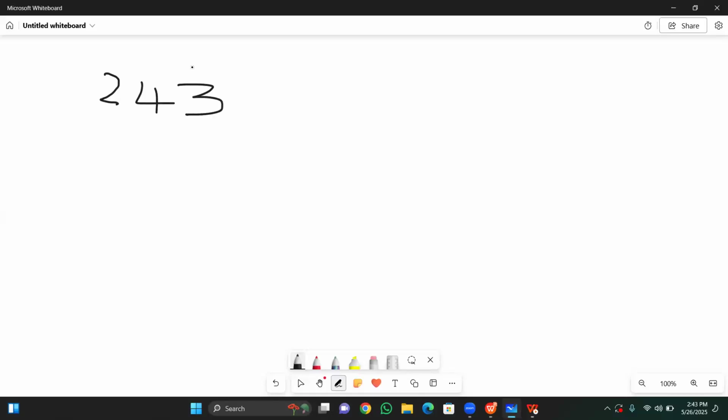Now each of these digits has its positional value. The positional value of this 3 is 0. It starts from 0. This is 1 and this is 2. That's the positional value. When we also have something like 8, 3, 8, 4, 2,